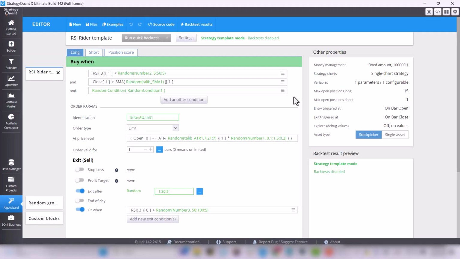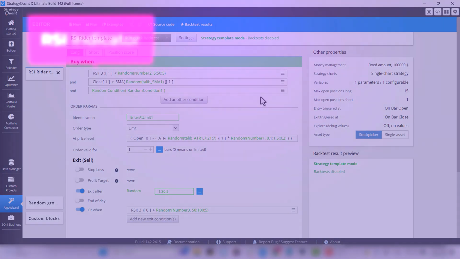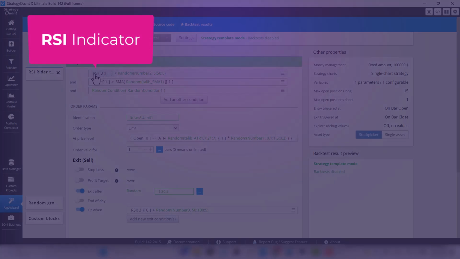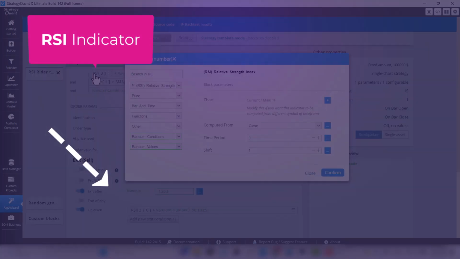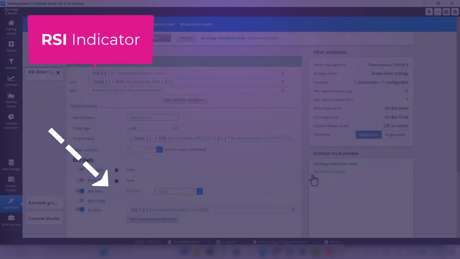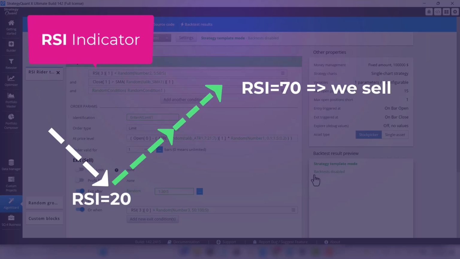This template is based on a very strong edge using the RSI indicator. If the market is falling, the RSI indicator can identify with some probability a market reversal. If the RSI has a low level, for example 20, then we assume that the market will turn the other way. Subsequently, the market rises, and when it is exhausted, the RSI responds with its higher value, for example 70, which is when we sell. The range of the RSI indicator is from 0 to 100.